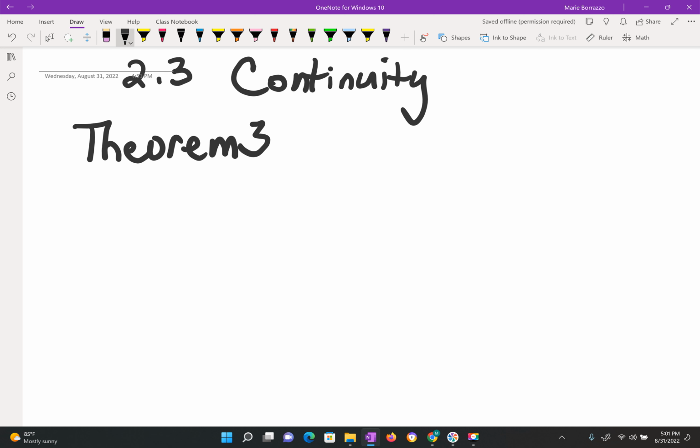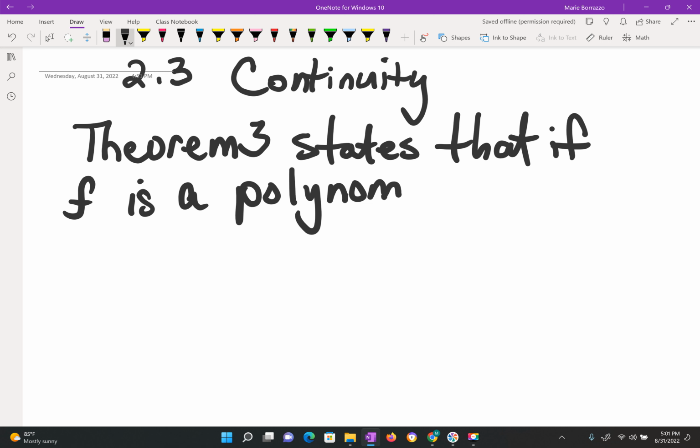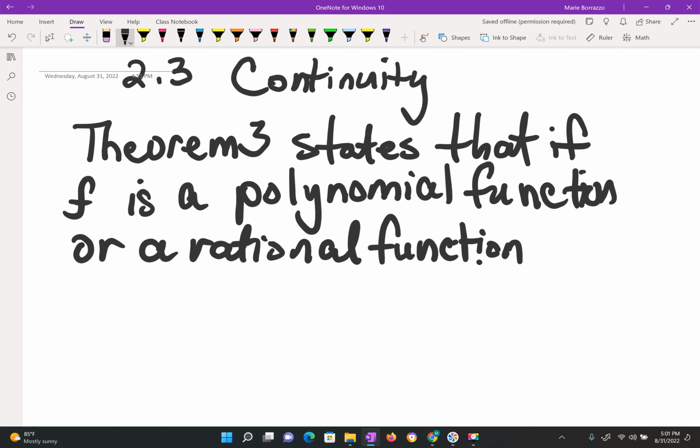Theorem 3 states that if a function f is a polynomial function or a rational function with a non-zero denominator,